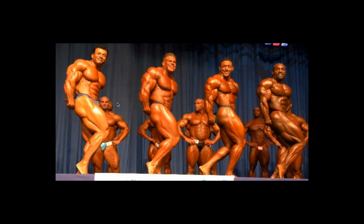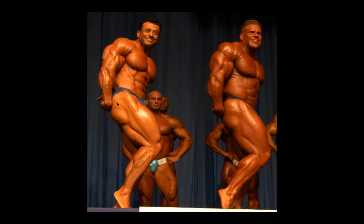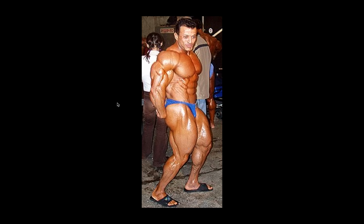But here we go. We got Mustafa Muhammad on the left, Jay Cutler, Troy Alves, and once again Ernie Taylor on the right. And for my money, man, wow, look at Mustafa Muhammad. He's out-Jaying Jay. Because he's hitting it the same way, but he looks even better, as we can see from this close-up right here. His tricep looks sharper, and even bigger, if that's possible. The leg looks sharper, his abs look more dialed in. He just looks better in this one show, so...